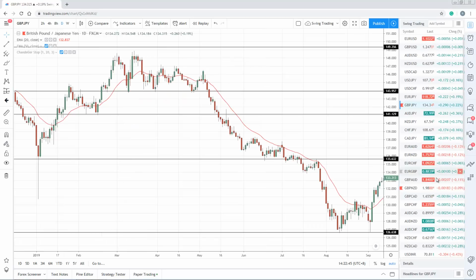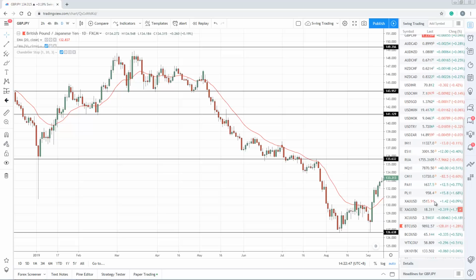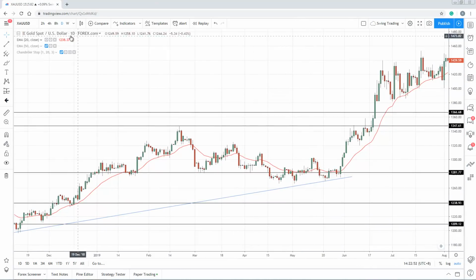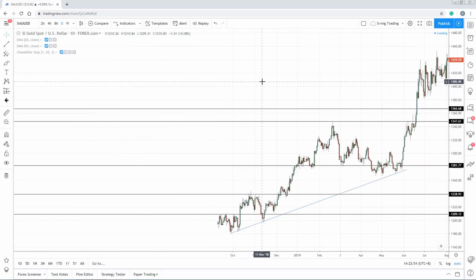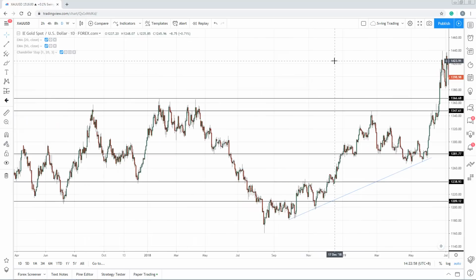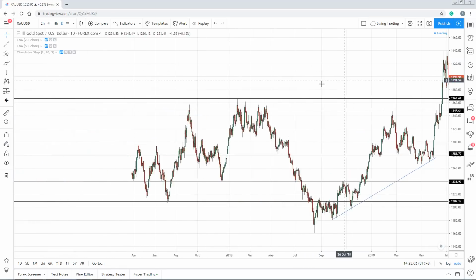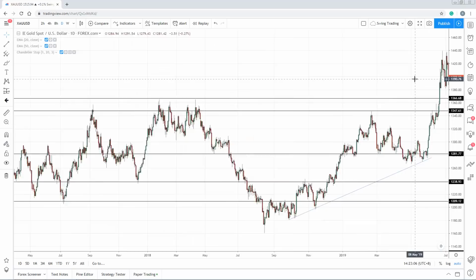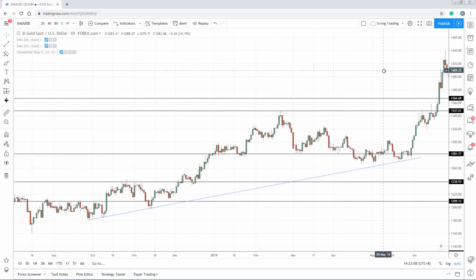Another trade that I took that I want to share is gold. So gold is an interesting one. Let me just pull back out this chart again. You can see that at this point, gold actually broke out of a multi-year high. I think in last month's video, we talked about this. I said that gold broke out of a multi-year high. This is the breakout over here. And at that point in time, many traders are going to chase this market. They look at this,